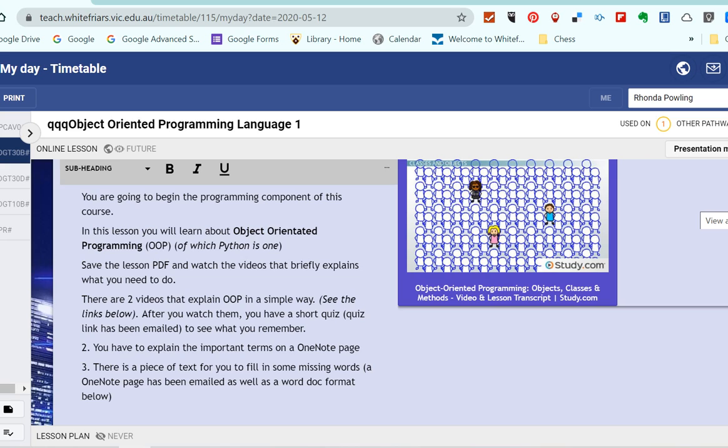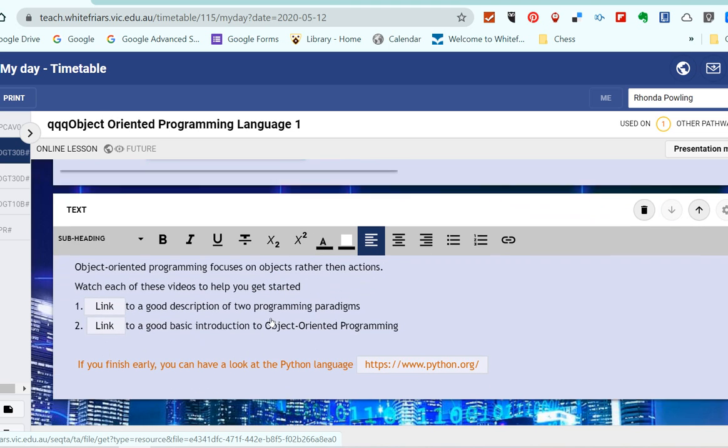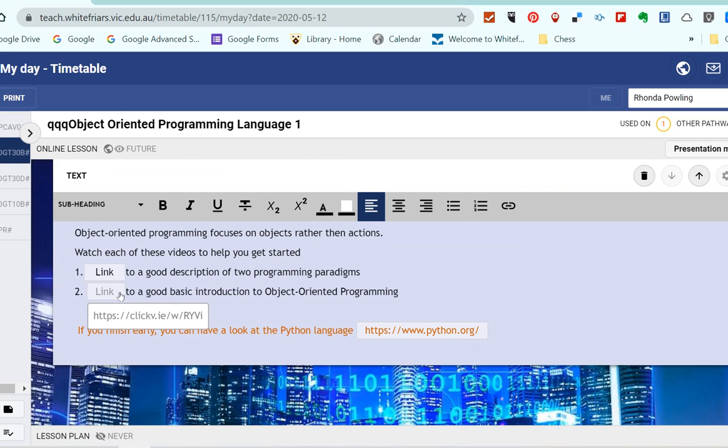They are in the videos. You don't have to write a lot. There will be, as you can see there, a short quiz that I've emailed the link to. You're going to do that before you start your research. And then you're going to do the last of the work, which is filling in the missing words. Video 1, video 2,